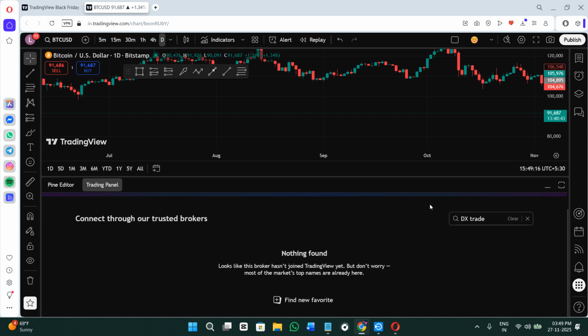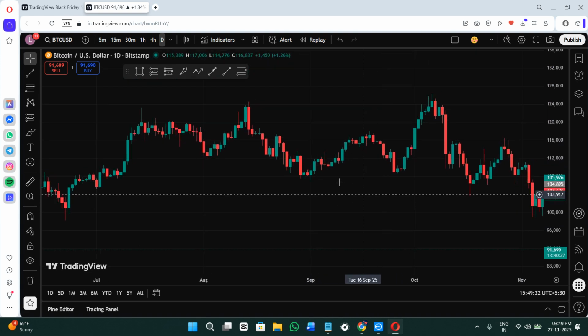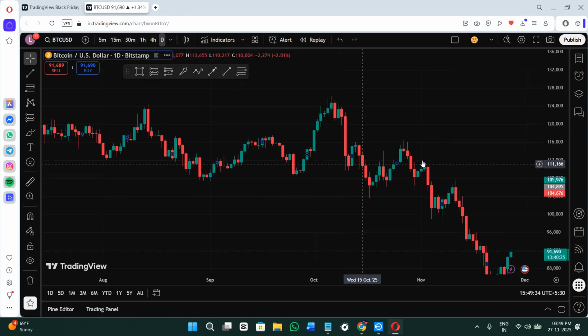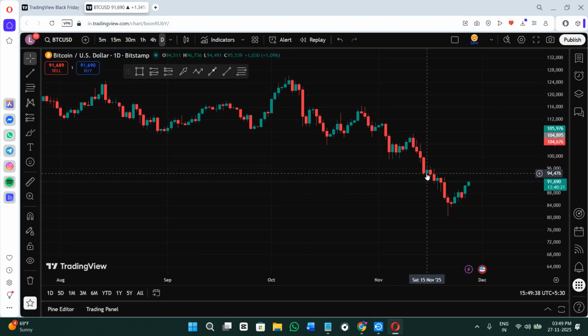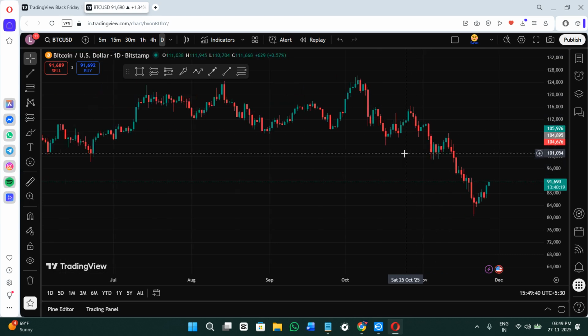on this panel page. Now if you don't see its symbol over here, as you can see in my account it is not available, it simply means that you can't actually connect Dxtrade with TradingView in your own region. So if that's the case, what you can do is simply use TradingView in one tab in order to analyze your chart here, or in the second tab you can open Dxtrade and then you can punch your